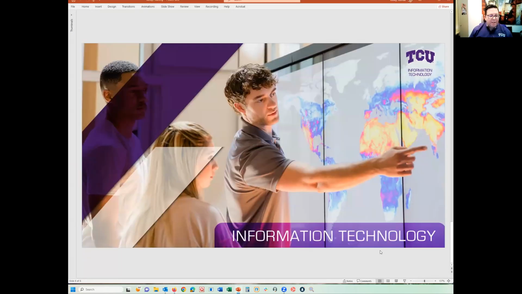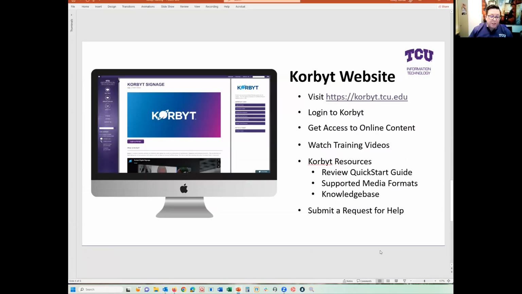So we'll go back into talking a little bit, or I'll transition this over to Ed, but a couple of things I want to discuss before we do that is some of the reasons why we made that move to Korbyt from 4Winds. In terms of 4Winds, we had to restrict your access down to just a handful of individuals who had access to the system. We used to be able to add more individuals and users who could manage their signs, and that was pared down greatly when we did our last upgrade to 4Winds.